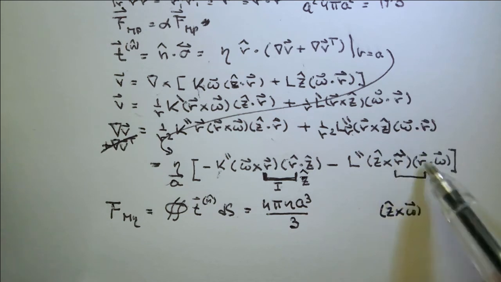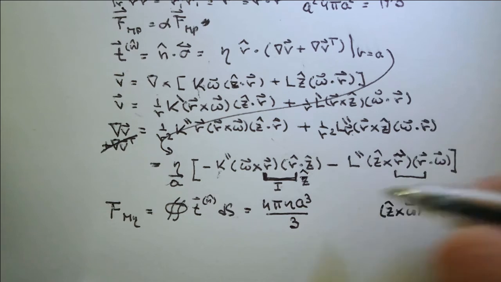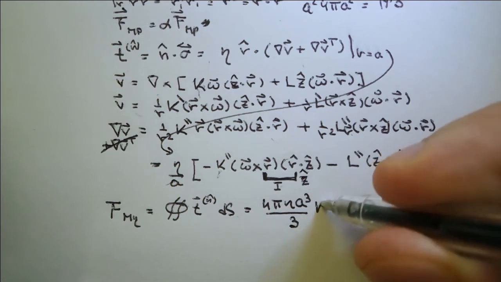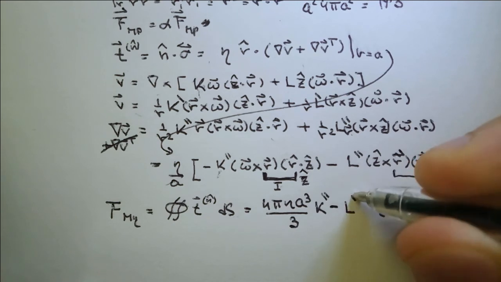And this is identity times this, and this factor is here, so it's just k double prime minus L double prime